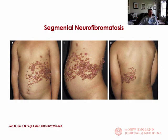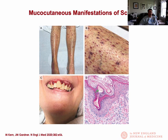So those are generally benign. This is fascinating. This woman, this was published in the New England Journal too. This woman had